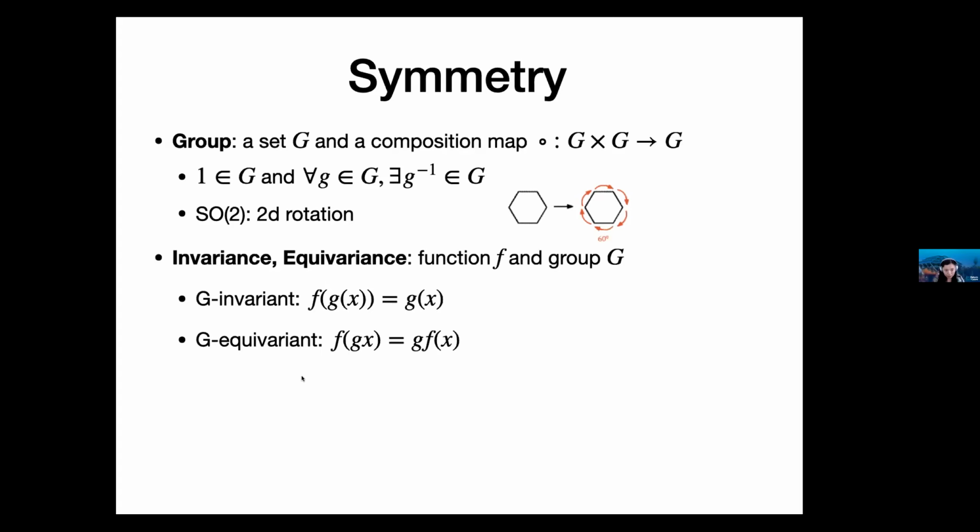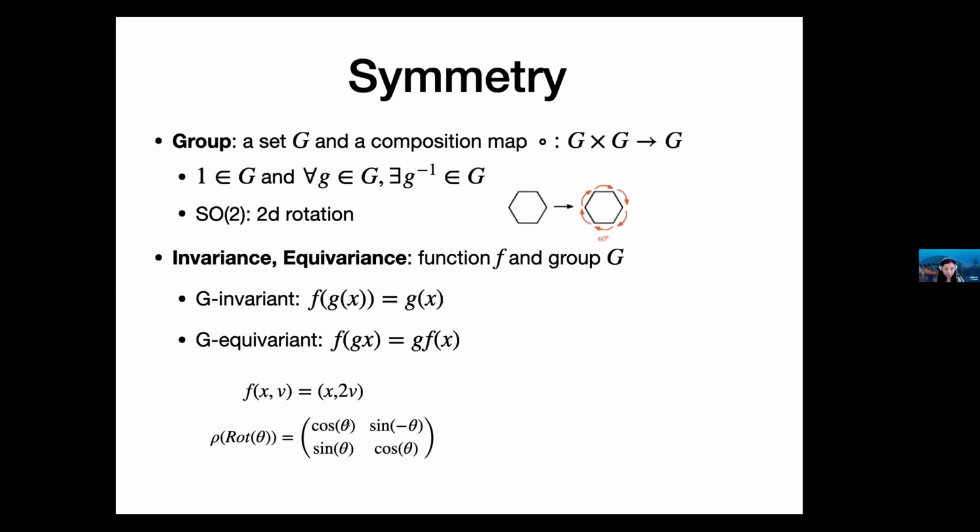Let's say this function is the scaling function on the velocity field. So f of x, where x is the field and v is the velocity. What this function does is upscale the velocity field by 2. Let's consider the group of rotation, right? And the representation for this rotation, which is a matrix representation of the rotation group, can be written as a 2x2 matrix.